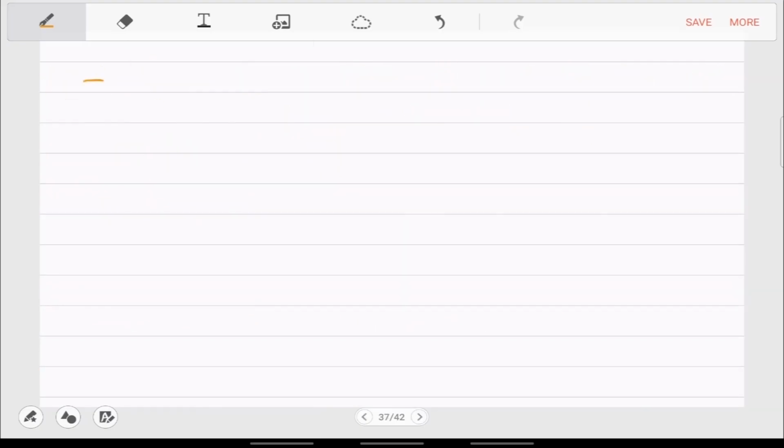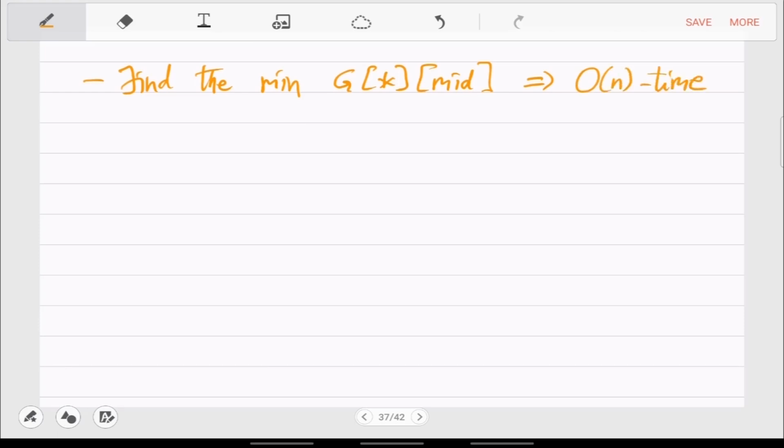So find the min in this G star mid, which will require order n time, because it's basically an array of n elements, 0 to n minus 1 is the value that star takes.